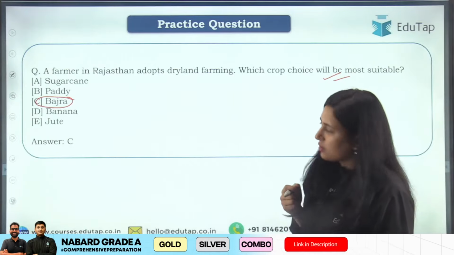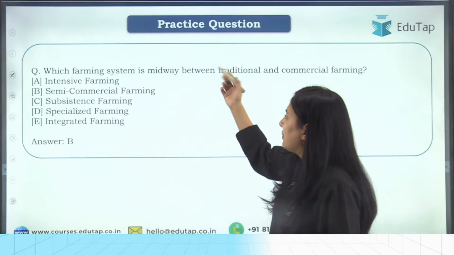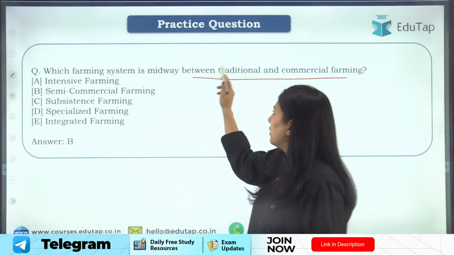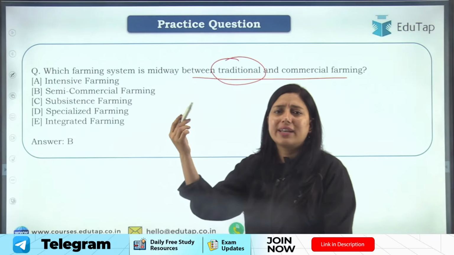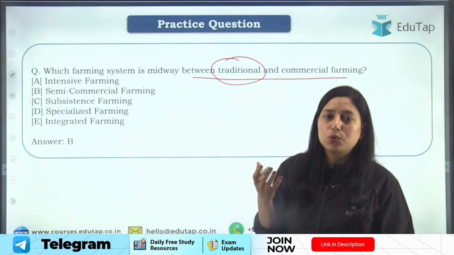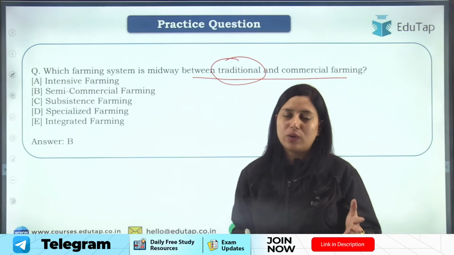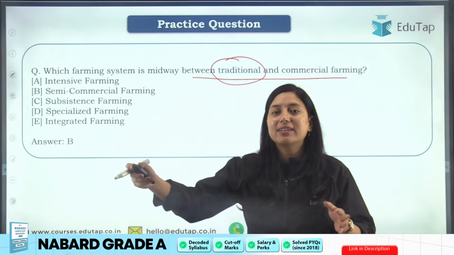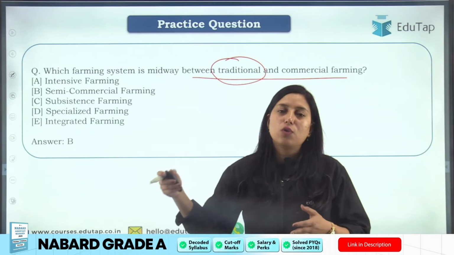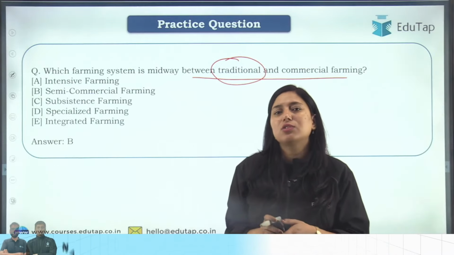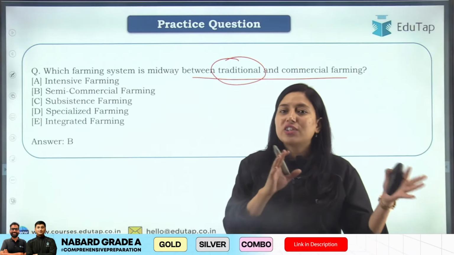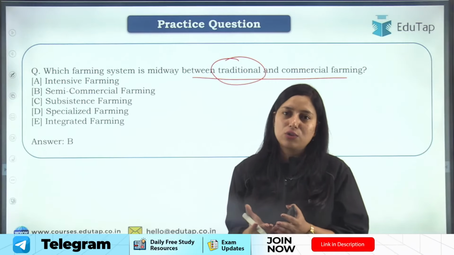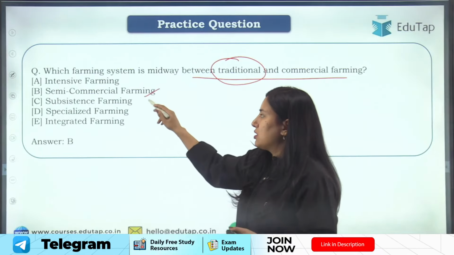चलो. Okay, next question is, which farming system is midway between traditional and commercial farming? ठीक है? So students, traditional farming क्या होती है? Where we are using traditional tools, techniques and implements or knowledge of farming, जैसे कि आपका wooden plow है. Wooden plow जब use होता था, that is the traditional farming system. But अब tractor है. Tractor क्या है? Is a modern machine. So वो modern farming system है. और इन दोनों के बीच में जो farming system होती है, जहाँ पे हम कुछ traditional knowledge को follow करते हैं, कुछ advanced techniques and technology को use करते हैं, that is called semi-commercial farming system.